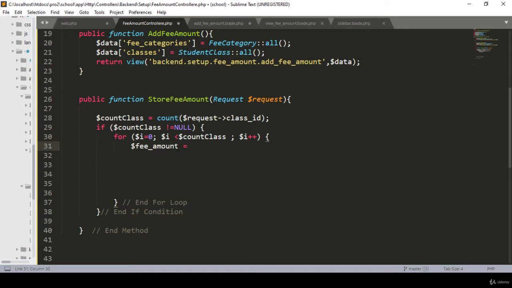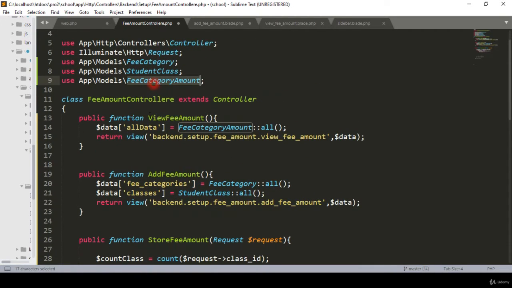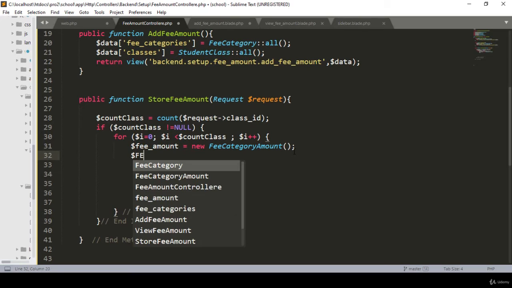So this type of variable I take, and then I have to create an object, and I have to load our model. So right now I want to use this model as a free category amount, right? So with this free category amount I create this object, and then we have to add all of our field names, that means the fee